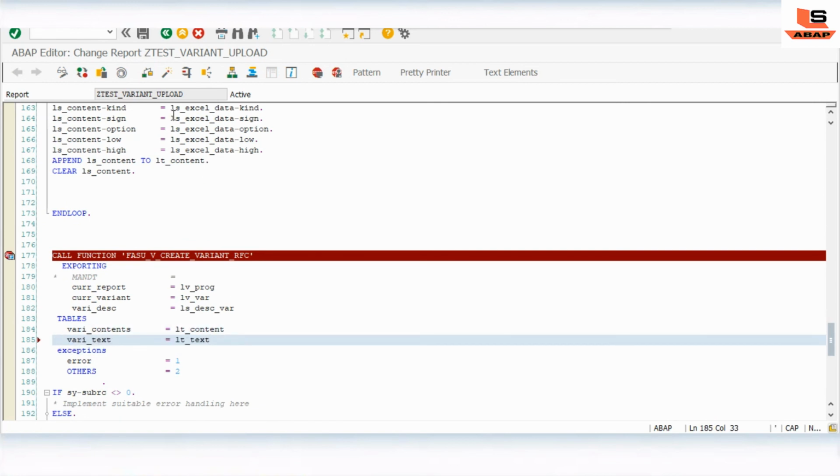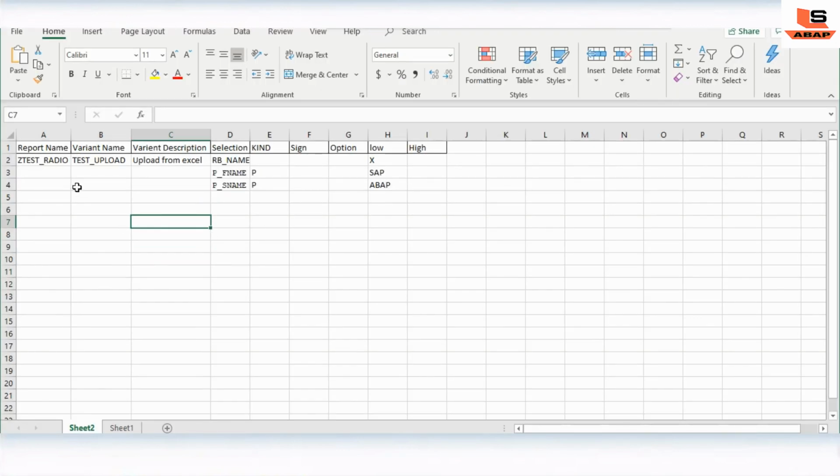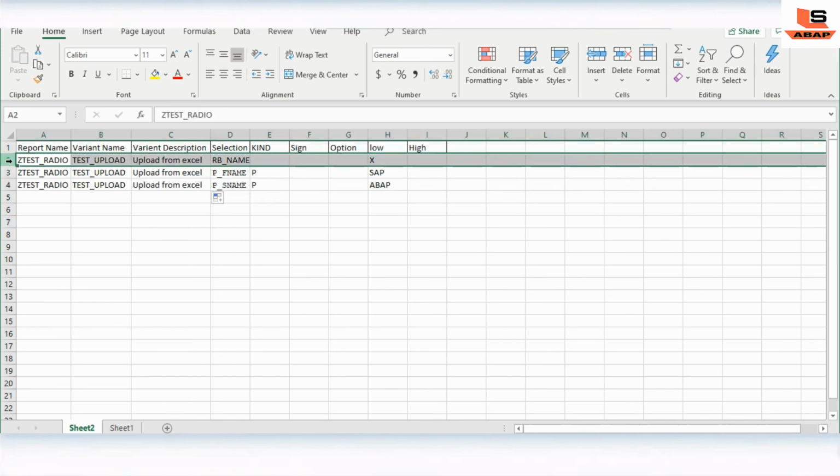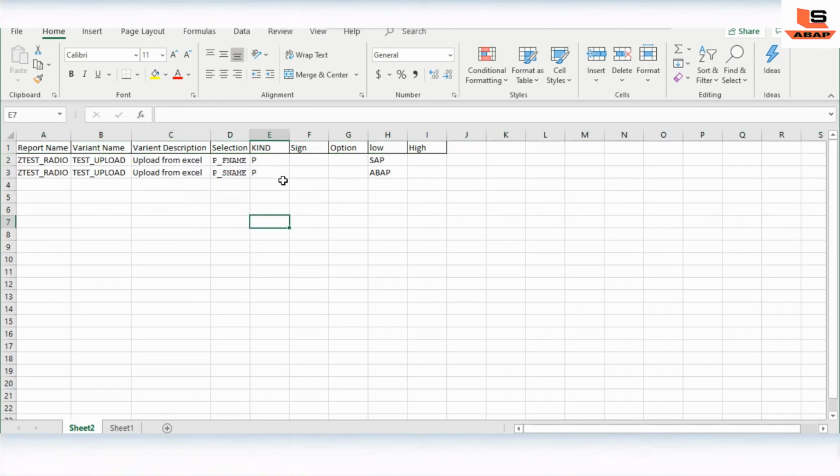Okay, next. Check and activate, and as you can see, it will show you the Excel file again here. This is our Excel file we are going to append. Just do one thing: we'll copy this in each and every row, otherwise we will not get the proper data inside this function model. As of now, we will remove this thing. Let's suppose we have this data, first name as SAP and last name as ABAP. So I will upload this file now.